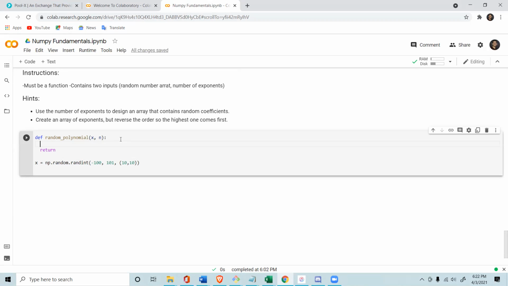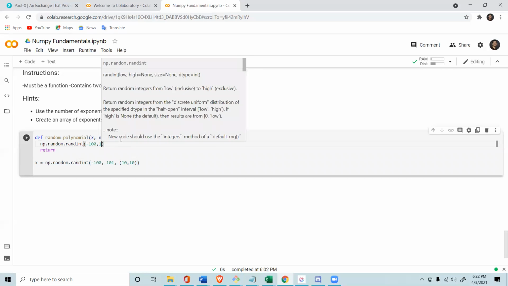Since they're random, I just used np.random. Yep, just like np.random.randint. And then I put in minus 100 to 100, and then generated